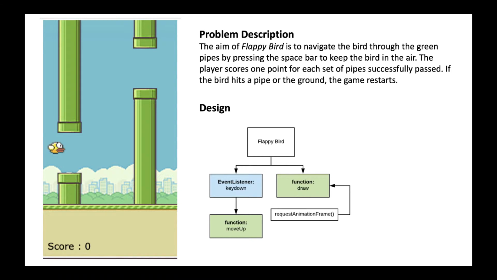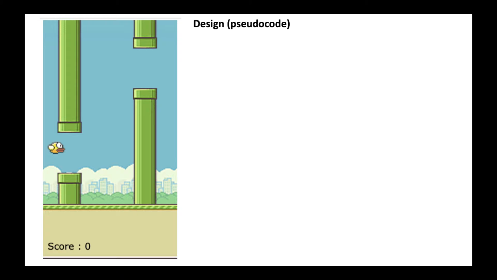It relies on one single event listener, which is a keydown event for the spacebar to keep the bird in the air. Gravity automatically has it dropping towards the ground, which is just a variable that we'll use. The moveUp function is the one that responds to the keydown event. And then our draw function. Whilst we're using the game loop set up in a fashion where we're using a draw function and the requestAnimationFrame method to continuously call that function, all of the work will be done in the draw function. And the pseudocode for that function, the plan that we're trying to achieve, is to firstly draw the